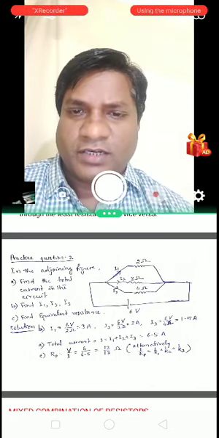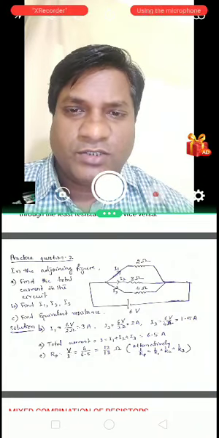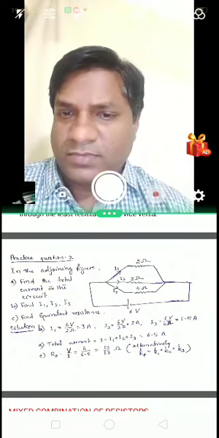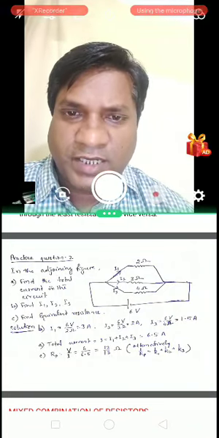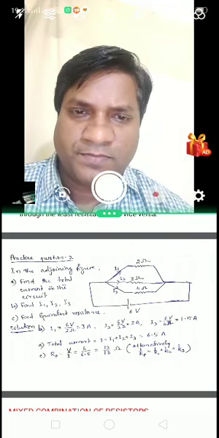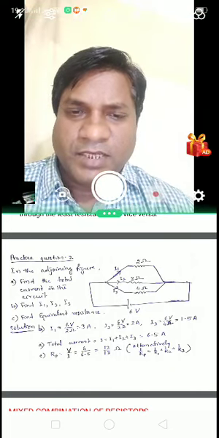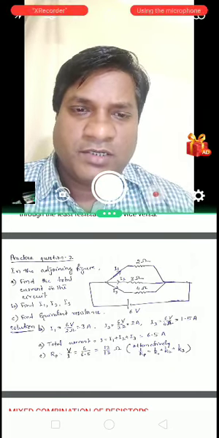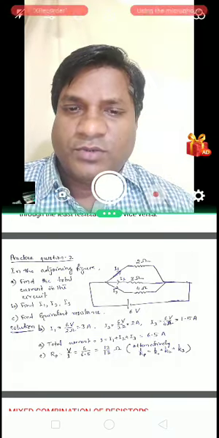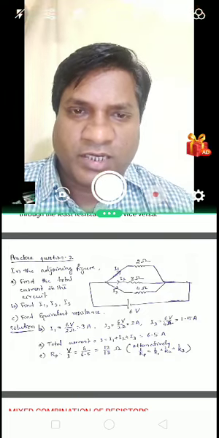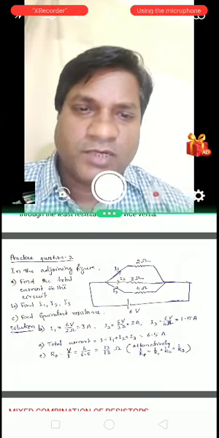Before finding the total current, let us find out the individual currents. So if you add them, we will get the total current. So let's attempt B first. Current through 2 ohm, that is I1, is equal to potential difference by resistance. That's according to Ohm's law. So it's 6 volt by 2 ohm and that's equal to 3 ampere. Similarly, I2 is equal to 2 ampere and I3 is equal to 1.5 ampere. So the total current through the three branches is the sum of individual currents, that comes to be 6.5 ampere.